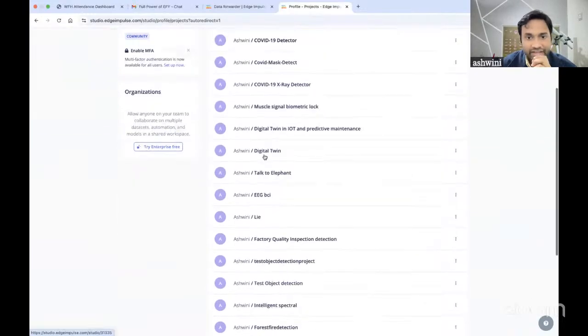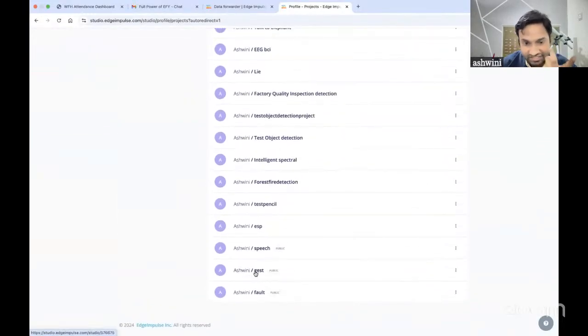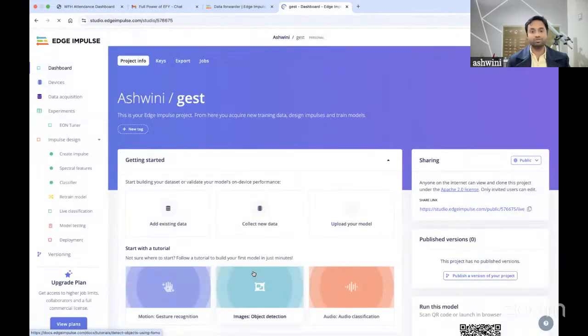You can make any project, for example gesture detection. I have already made the gesture detection project here, so I am selecting that. After signing in and creating the new project for gesture detection, or whatever AI ML project that you want to make